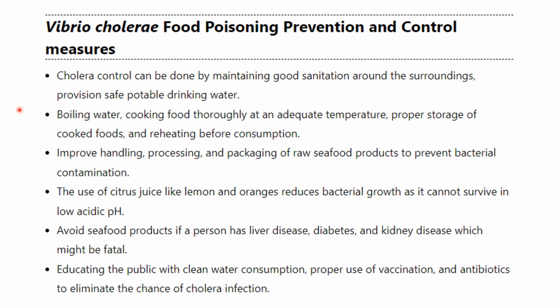So much like other foodborne infections that we've already discussed, control and prevention of Vibrio cholerae or your other Vibrio species, to be honest, is actually just related to hygienic practices in cooking and preparation of food. And also, you need to be careful if you have liver disease, diabetes, and kidney disease. You may not want to eat seafoods because of the Vibrio, which could exacerbate the disease that you can get because of a pre-existing condition. And of course, public health education is very important in preventing such diseases.